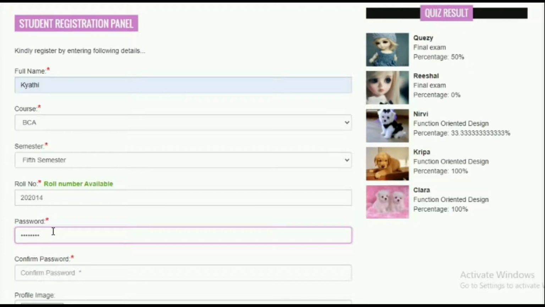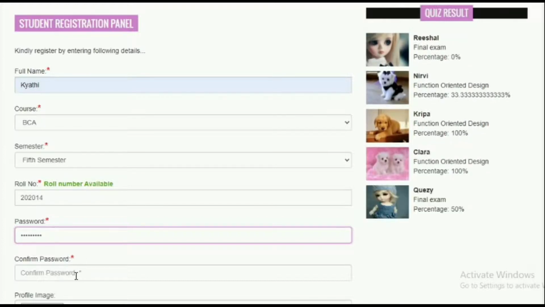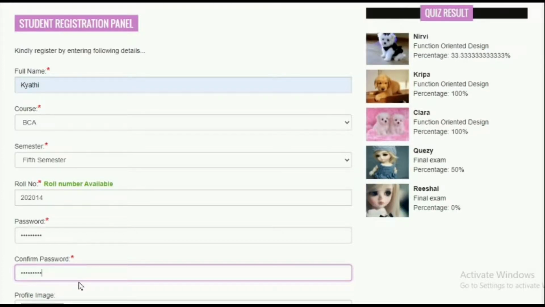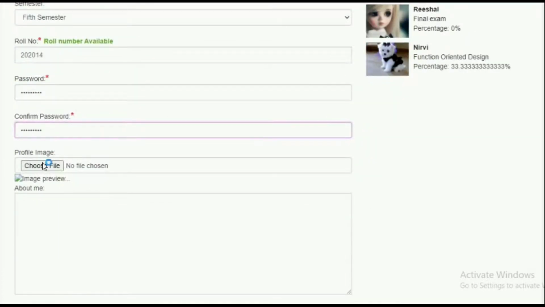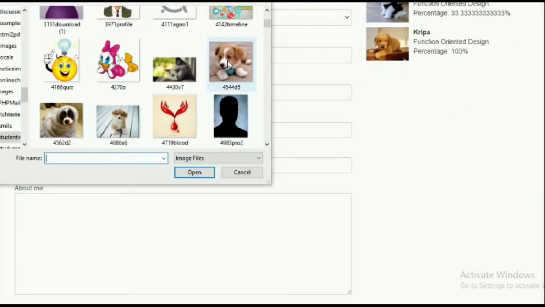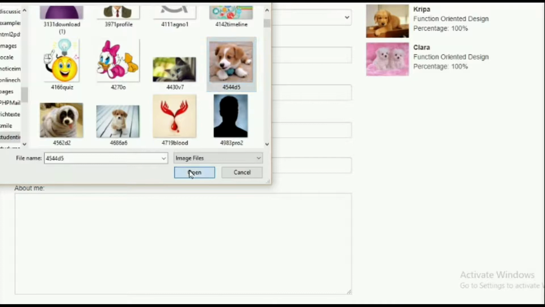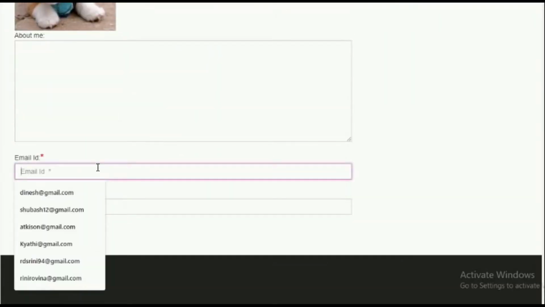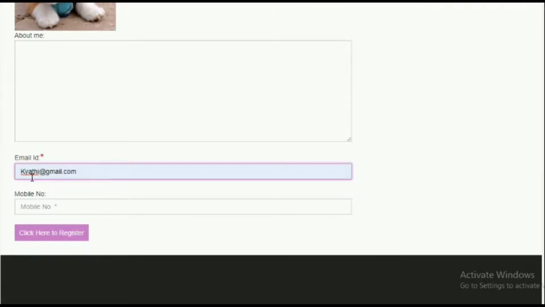Password, confirm password, profile image, and also the email ID and the mobile number.